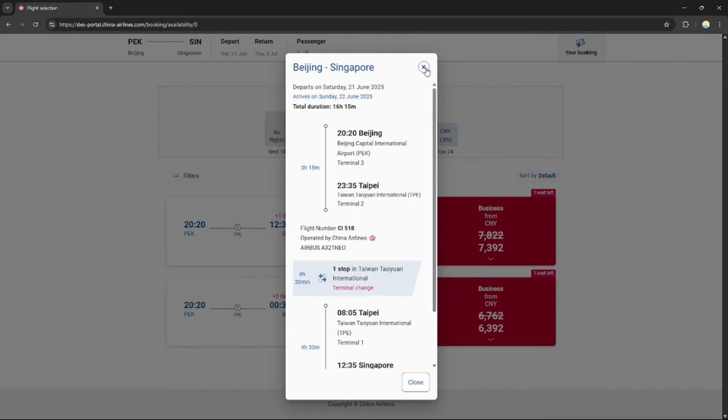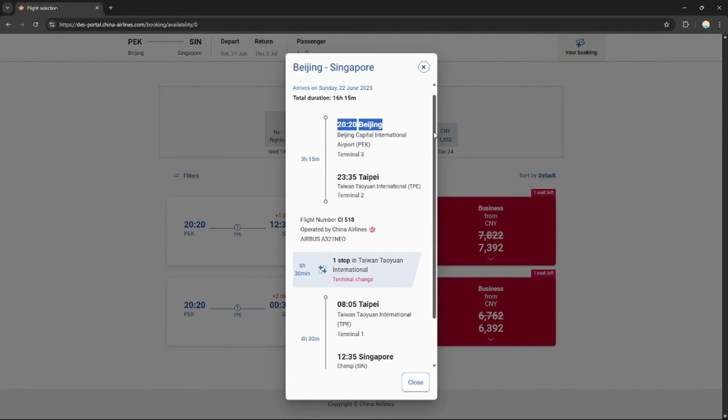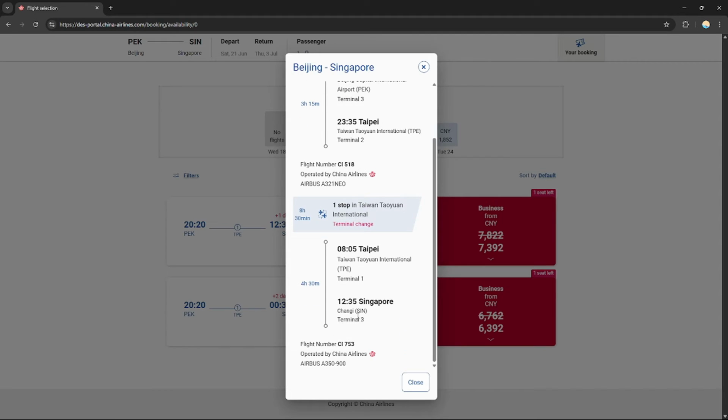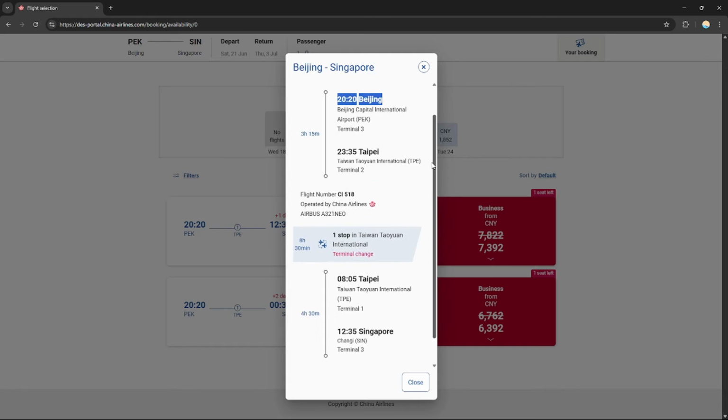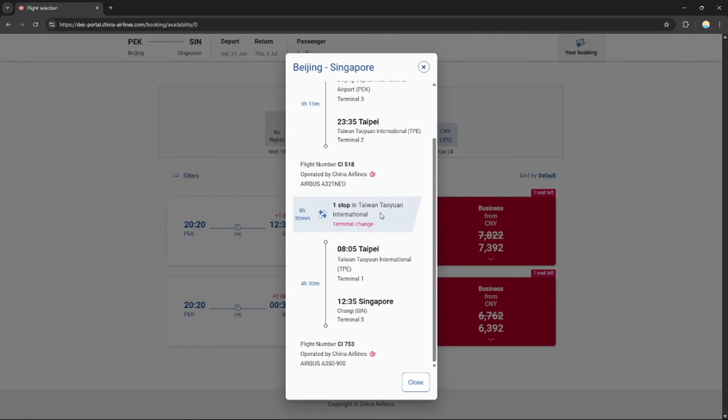So with this one, you can see the details: Beijing to Singapore, June 21. You will see the total duration of the flight, your departure location, the stations you're going to pass until you arrive at your destination, and the duration for each leg. So from Beijing to Taipei, it would be 3 hours and 15 minutes, and after that you will have one stop in Taiwan, Taoyuan